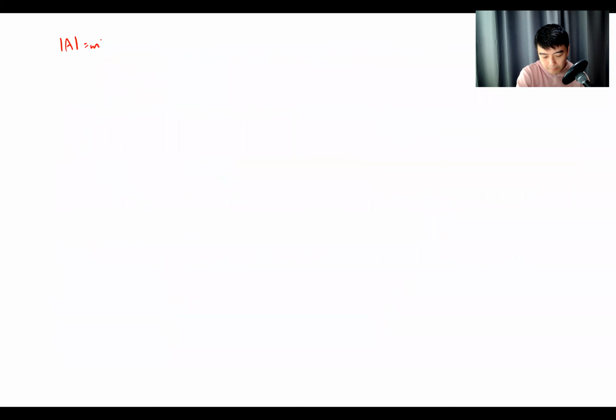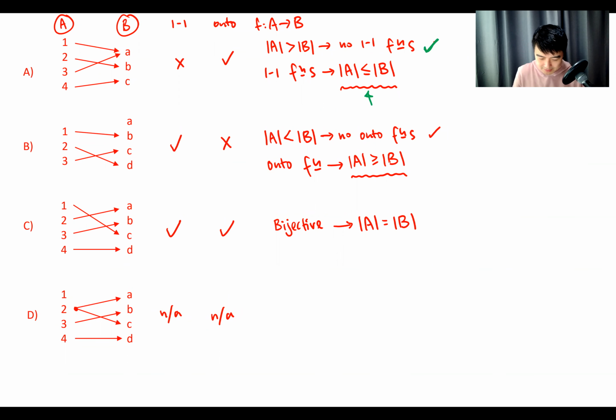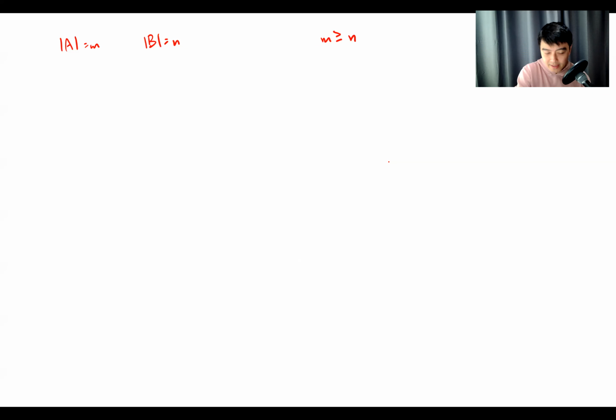Given that the size of A is equal to m and the size of B is equal to n, our assumption here is that m is bigger than or equal to n. So our size of A is bigger than or equal to the size of B. Let's take the first part, which is all the functions. All the functions is n to the power of m, size of B to the size of A. I'm going to put an n choose n at the front. Then I subtract n choose n minus 1